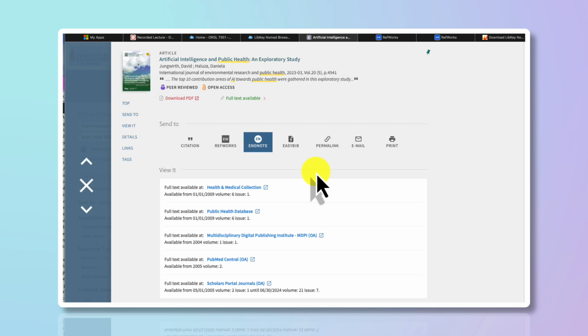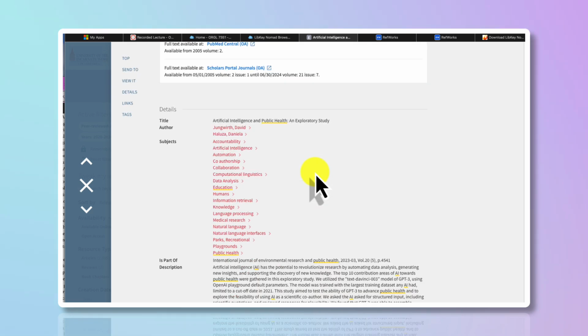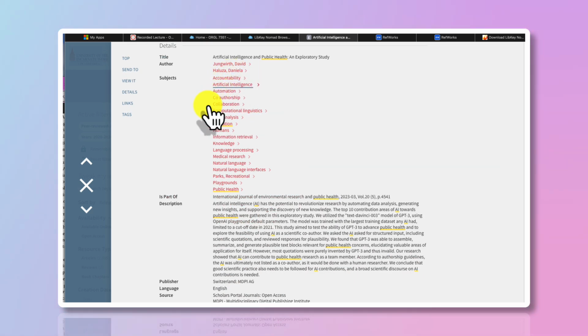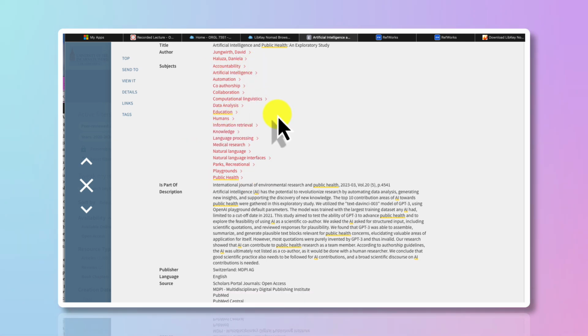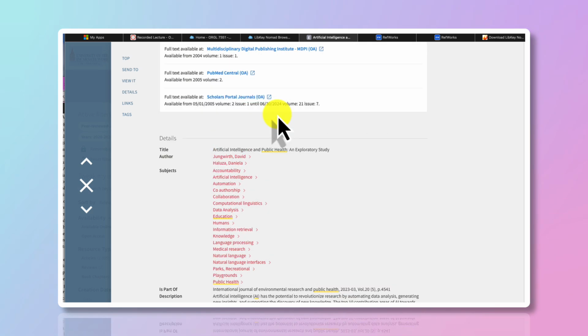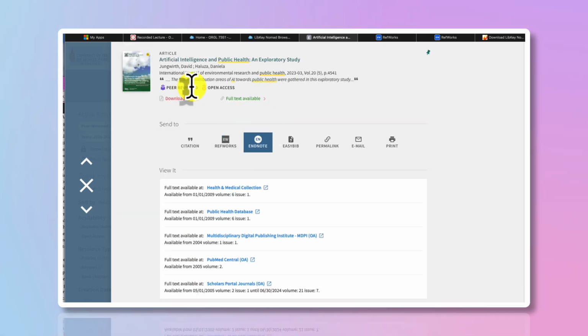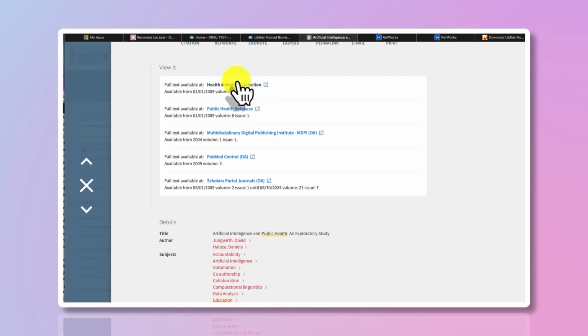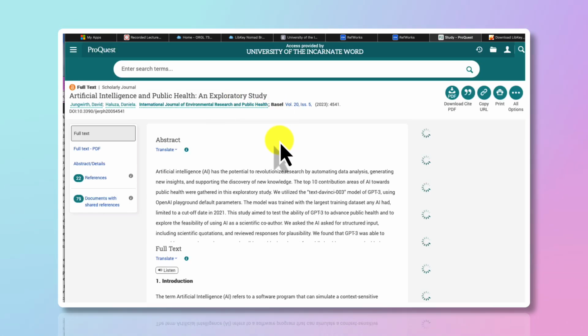And what you could do is you can see the abstract, you can see the subject, what they use. So public health was the subject, artificial intelligence was subject, and education. So I picked 3 words that were subjects as opposed to keywords. So you could see what kind of article it is and take a look. If you look at full text available and click on it, it takes a little bit longer to download, but it allows you to go read the article and